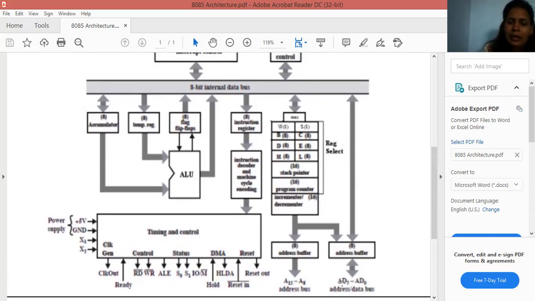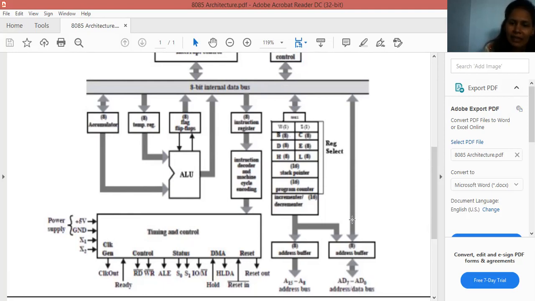It means we can use these lines like an address bus or like a data bus. When we use these lines for the address bus, then the numbers of the address bus will be A0 to A7. And when we are using these lines as a data bus, then the numbers of the data bus will be D0 to D7.